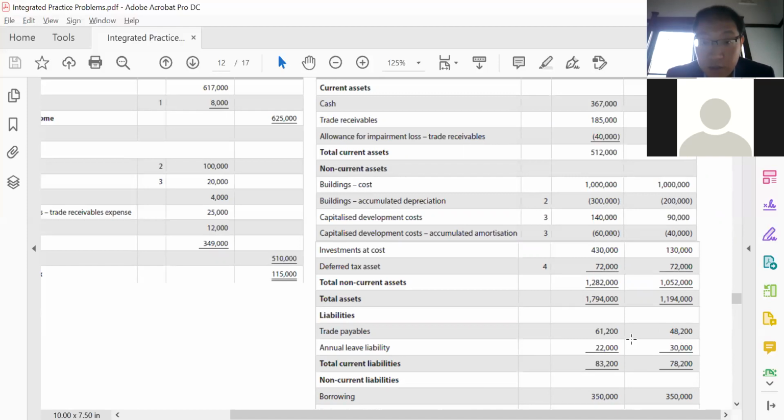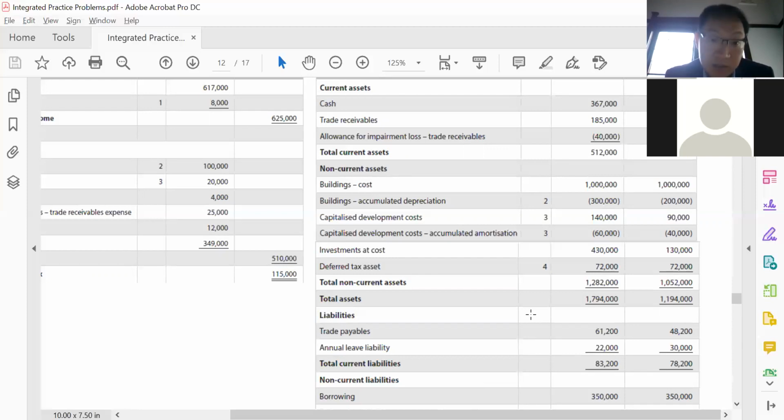Now, the 34,000 is clearly not equal to 22,000, okay? But we need to work out that missing figure. And that missing figure is going to be 12,000. And this 12,000 represents the leave that has actually been taken in the year. So it is this amount that will be allowed as a tax deduction, okay, rather than the 4,000, which is